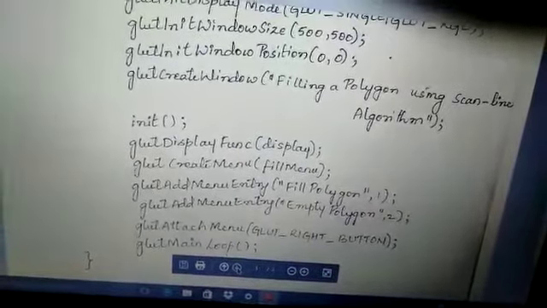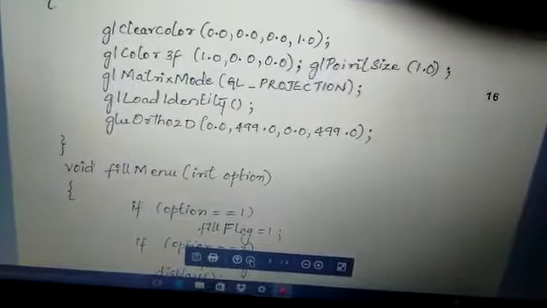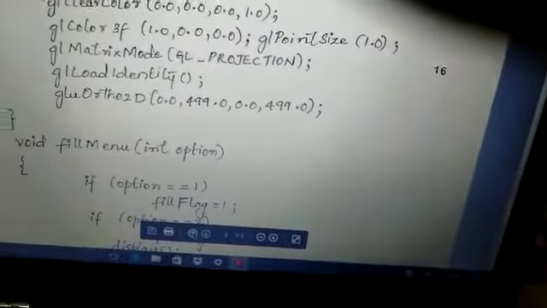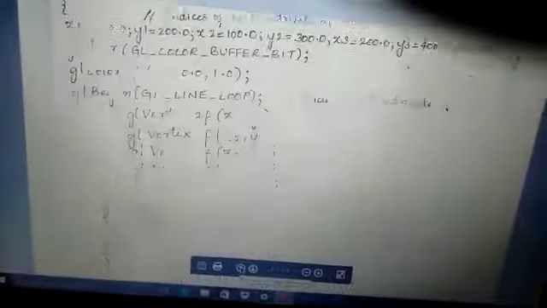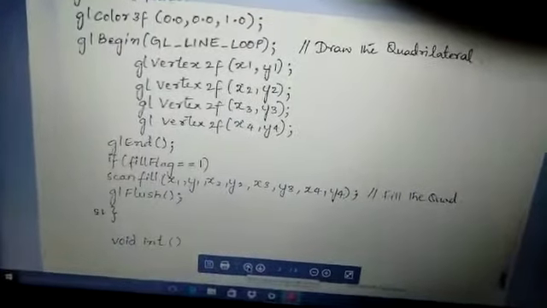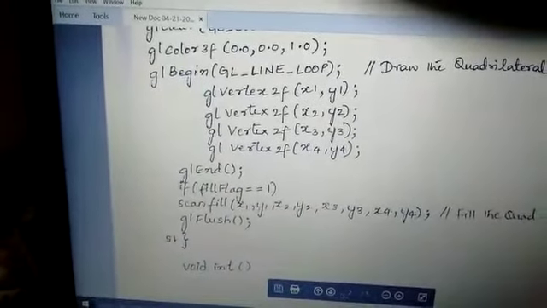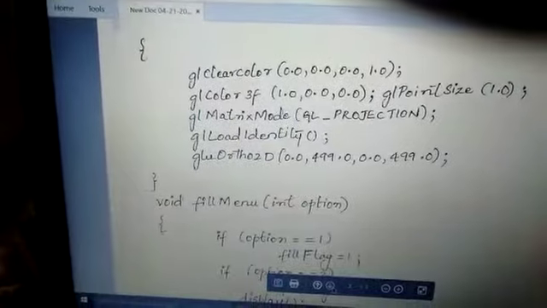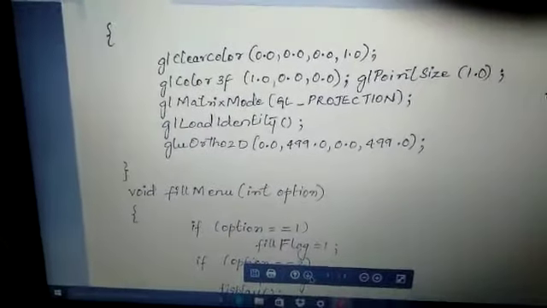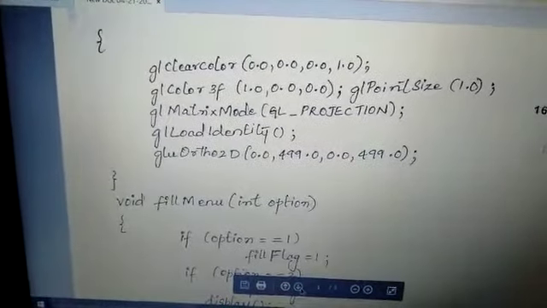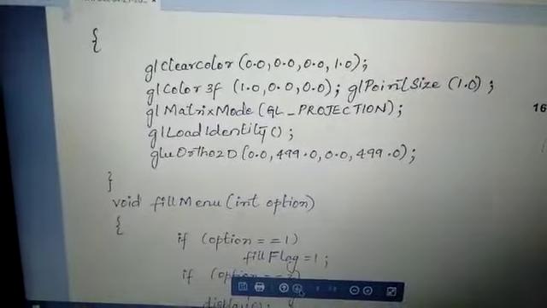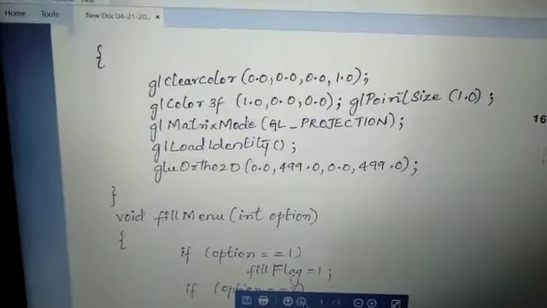and we come to the init, that is the initialization function, where we are providing, you can see, void init. In that we are providing glClearColor, that is we would provide the color and projection importantly in the initialization function.